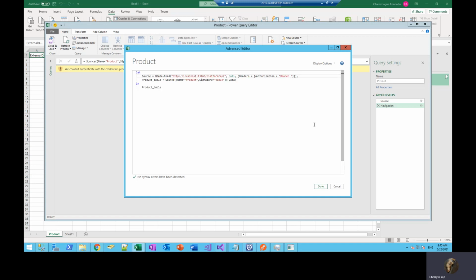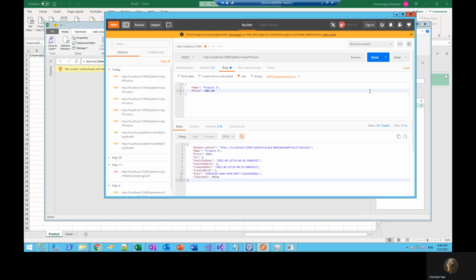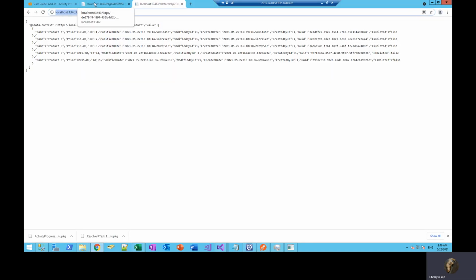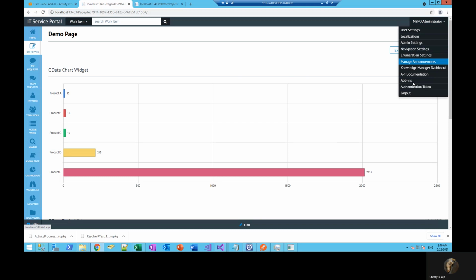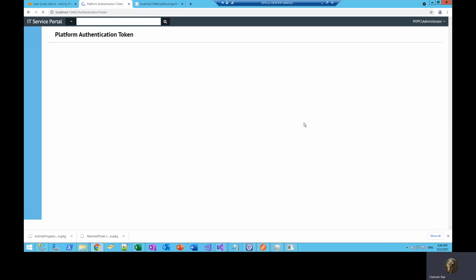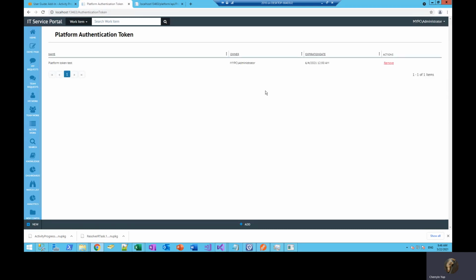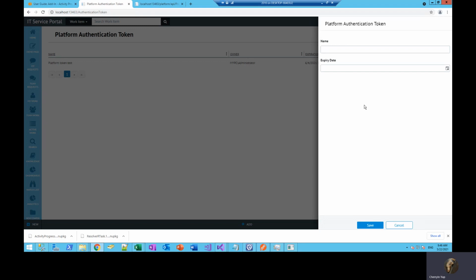token. Now you can get the platform authentication token via the portal also. When you're an administrator, you will get this authentication token page. This is where you add in your token.